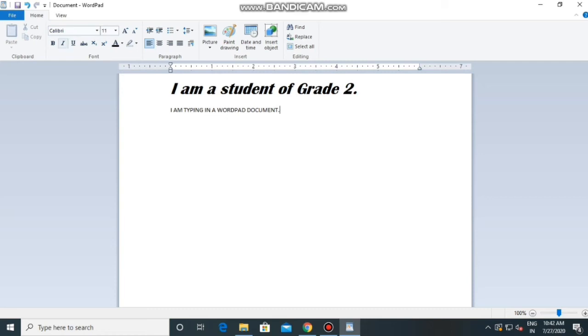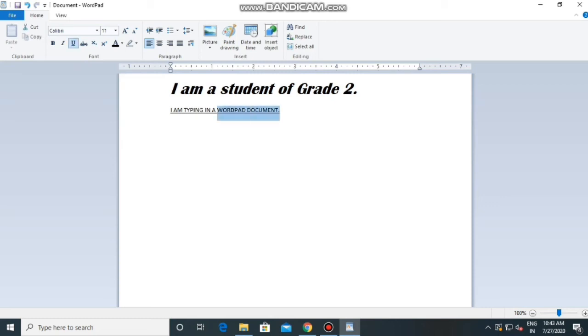This is used for italics. If I want to italicize my text, I'll select it and then click on this I icon. Again, if I want to deselect it, then again I will select this and choose this option. Now you can see the difference. This option is used if I want to underline my text. I'll select my text, then I'll click on this option. By this, my text will get underlined.